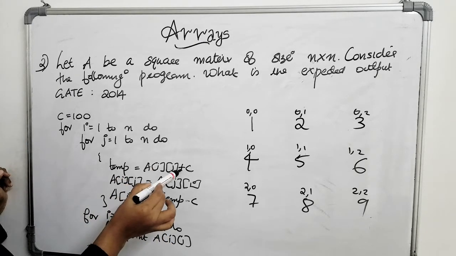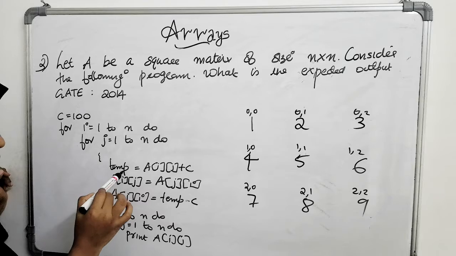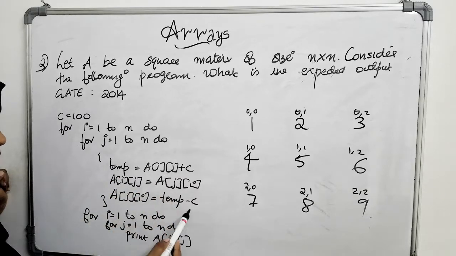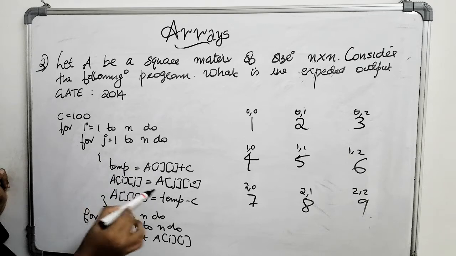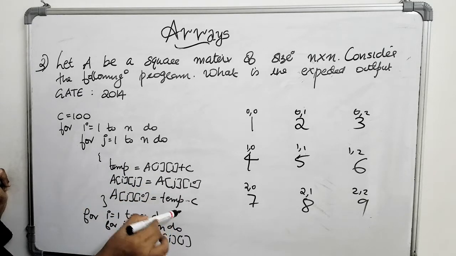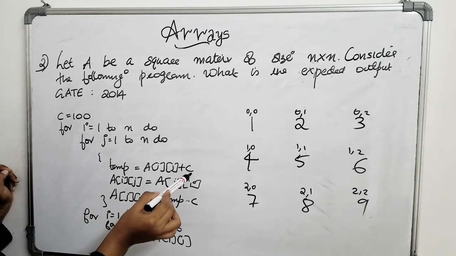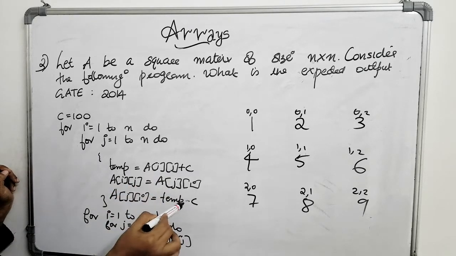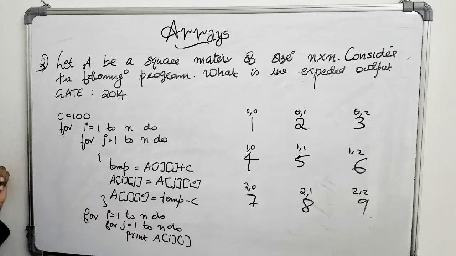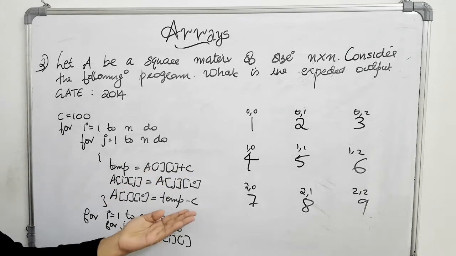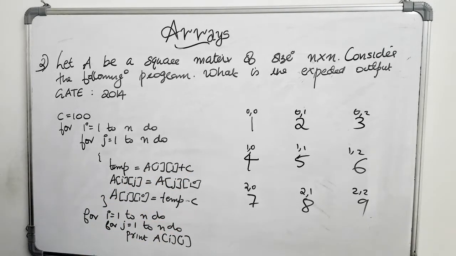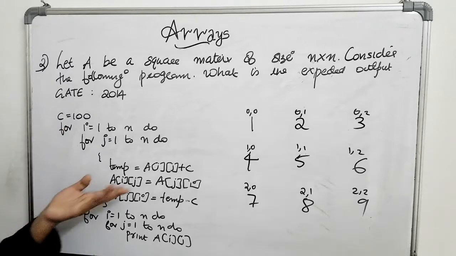See this plus operation, we are adding something to temp at this point. We are deleting that from temp at this point. That is, this addition is actually cancelled here. This is given just to confuse you, nothing more than that. We are adding 100 here, we are subtracting this 100 here. So temp is simply added with 100 and temp is subtracted with the 100. So in effect, temp is simply this value.